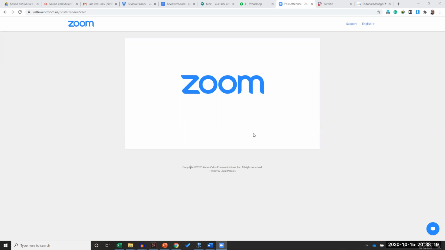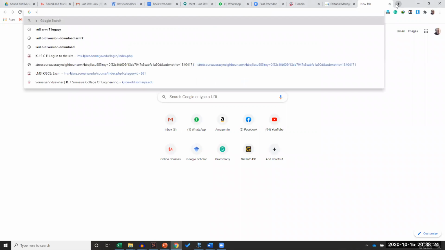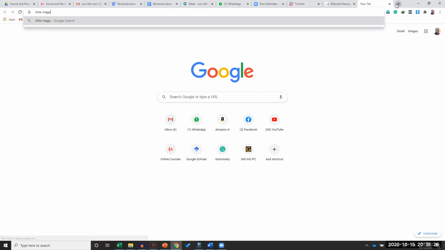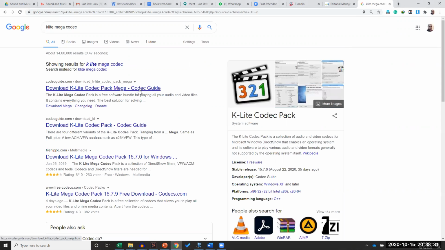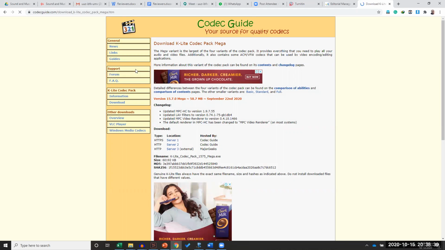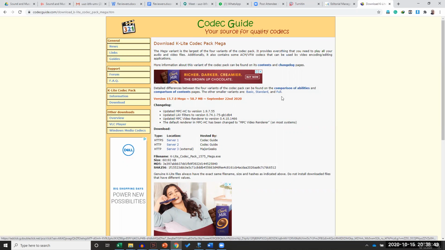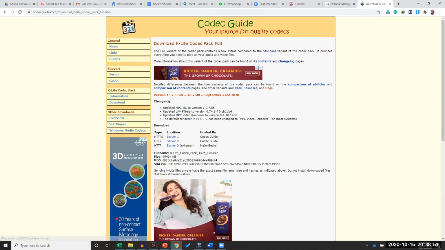So if you want to convert any kind of video, first you have to download this K-Lite mega codec. This is not required, but it is preferred if you have MKV file format, MP4 file format. So any kind of file format will be supported through this mega codec format, and you can download basic, standard, or full version of this particular mega codec, which is typically 48 MB,